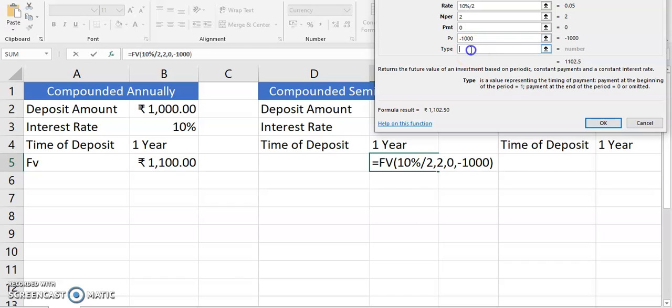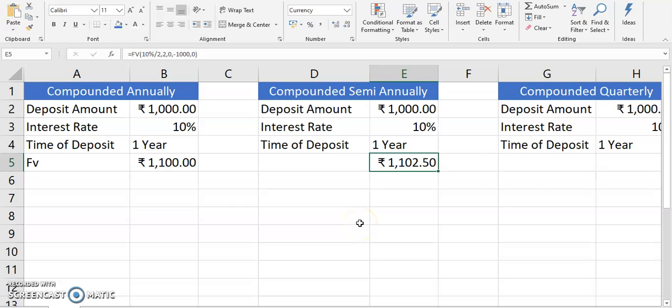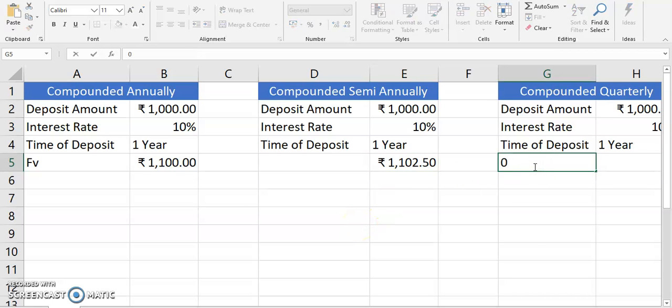Again the type 0 means payment is made at the end of the period. Type 1 says payment is made at the beginning of the period. So we say 0. The future value is 1102.5. Now the third case,